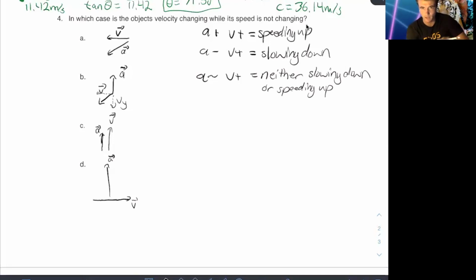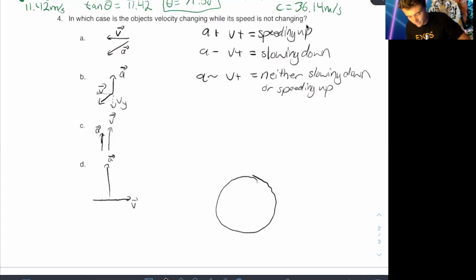Why do I know that our velocity is changing here? Because I know that acceleration is just the change in velocity. That's all it measures, right? It's the rate of change of velocity. So we have an acceleration that's perpendicular to velocity. It kind of looks weird, but when you think about circular motion, right? So if we have something like a circle,